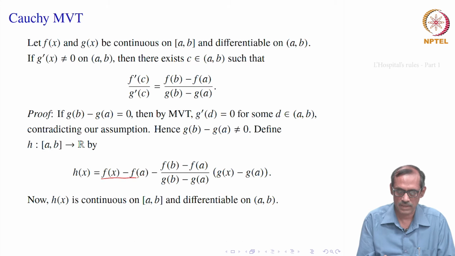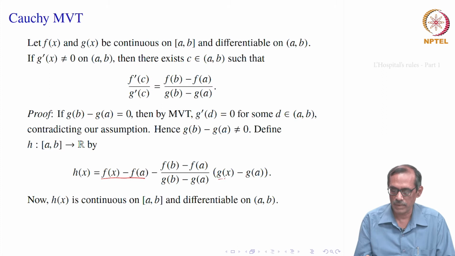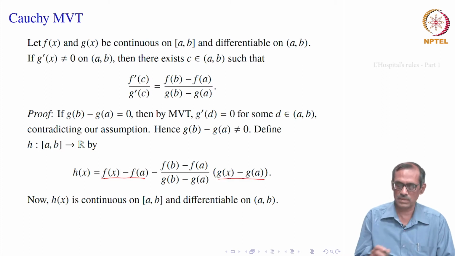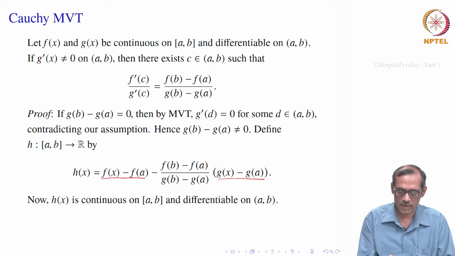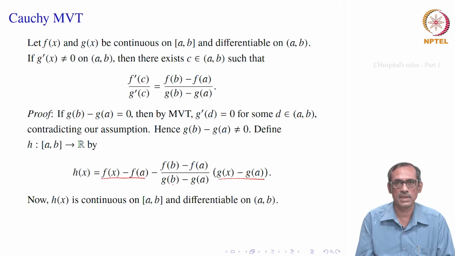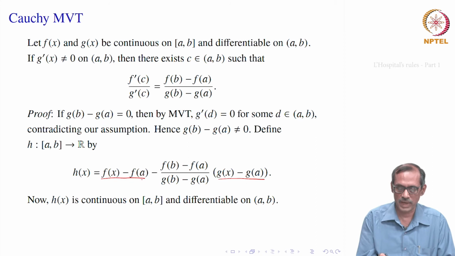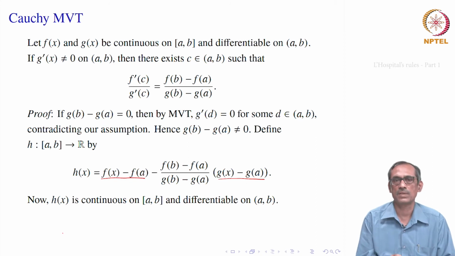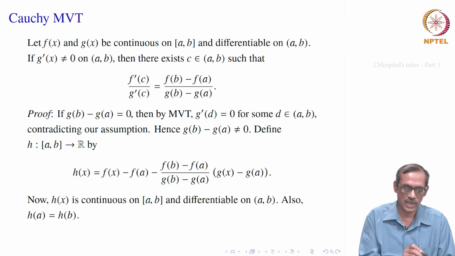So, this is f of a minus f of a, which is 0, and here again g of a minus g of a, that is also 0. So, that is why h of a equals 0. And what about h of b? Well, if you take h of b, it is f of b minus f of a, and this side g of b minus g of a cancels with the denominator g b minus g a. So, you get f b minus f a minus f b minus f a, that is also equal to 0. So, you see that h a equals h b equals 0. We do not need it to be equal to 0, at least h of a equal to h of b.